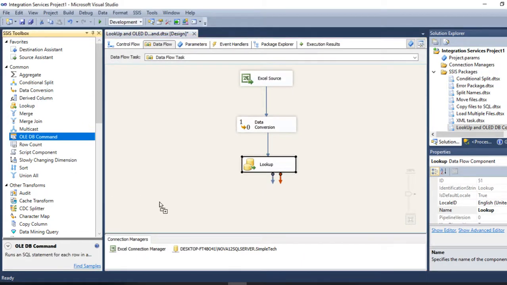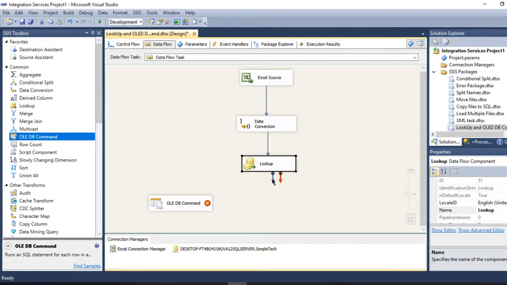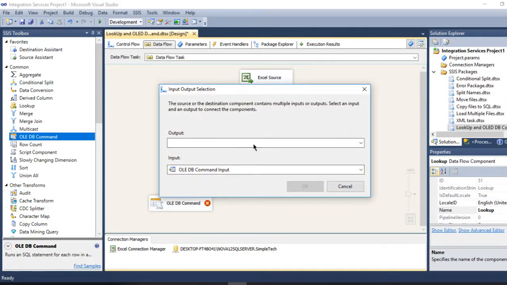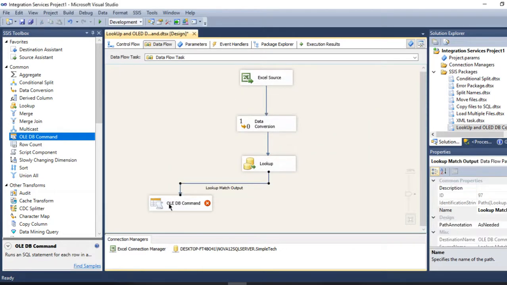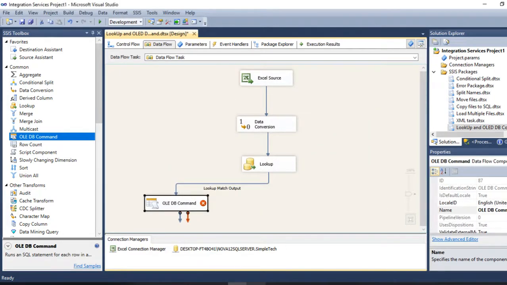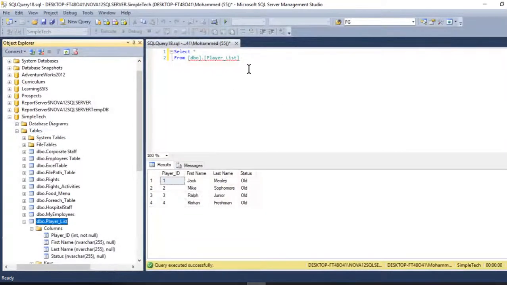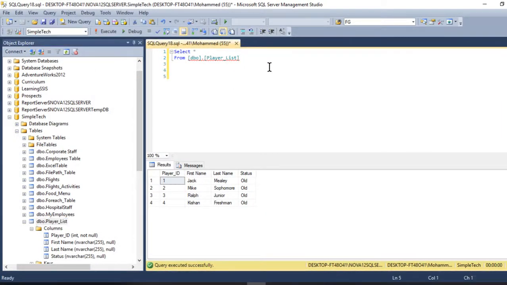And here in OLE DB command, this is where, in case there are any matching rows, if it matches between the player ID in the source and destination, I need you to perform the update. The update, I'm going to write it down here in SQL. How the update statement will be, because this is a dynamic update, it will be like this: update player list set